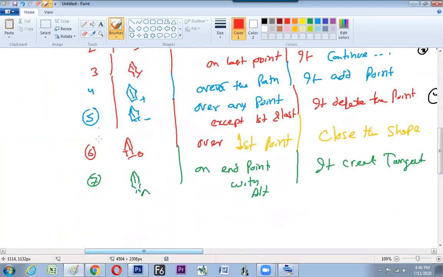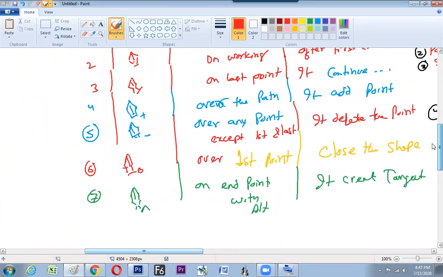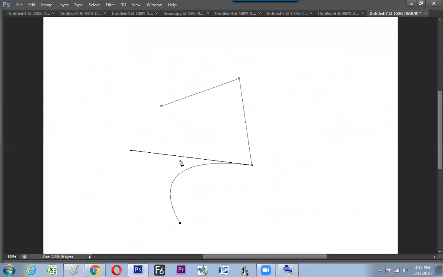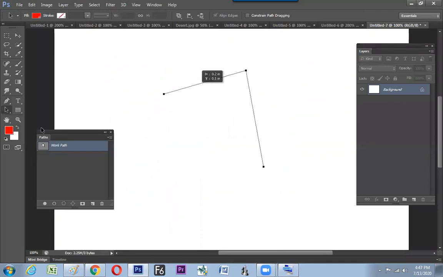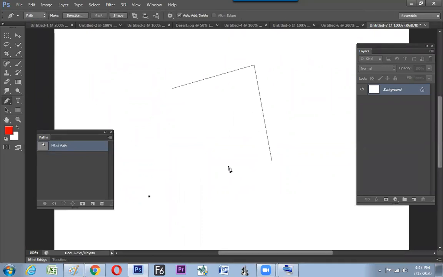So the reason is very clear. You will do it in a practical manner, but the theory must be strong. That's why we are making it clear. Fine then. So we have understood now that 7 types of cursors are there. When each comes, what it does, everything is clear. So what is this called? Path, and a path can be selected by the path selection tool, and you can draw the next path. The time you draw the next path and you move over either edge of an existing path, can you see? This is the existing path. You'll find a nut mark. Can you see a nut mark?